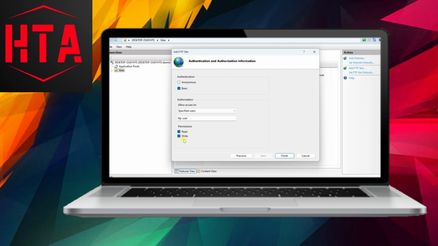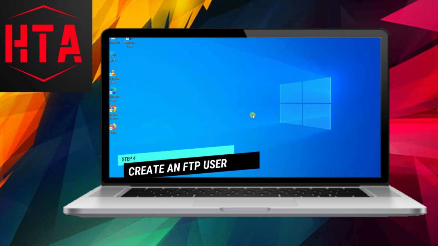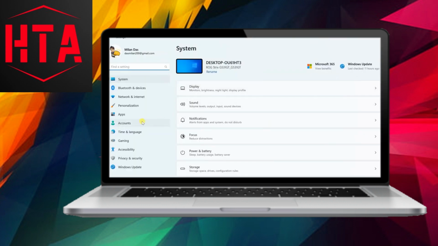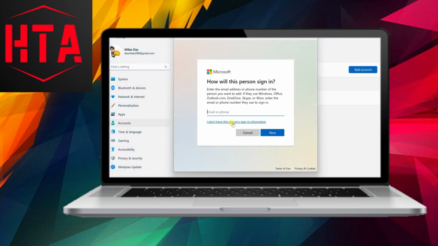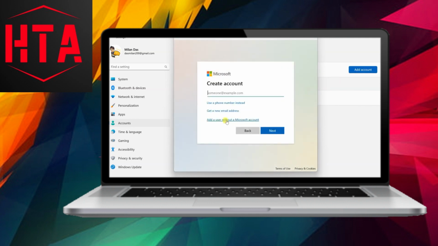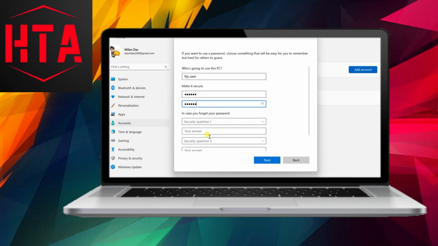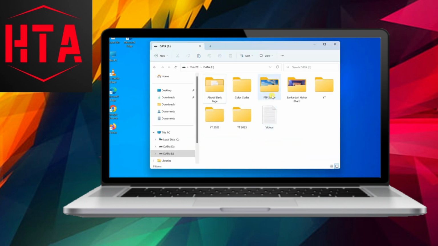Provide a short descriptive name for the server, choose the content directory, the previously created folder, and enter the static IP address assigned to the PC. Keep the default FTP port, 21, check the box for starting the FTP site automatically, and select the appropriate options for SSL and authentication. The tutorial recommends checking the basic option for authentication, which requires FTP clients to log in